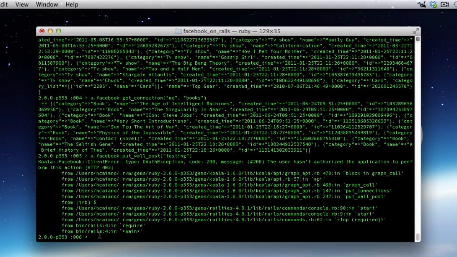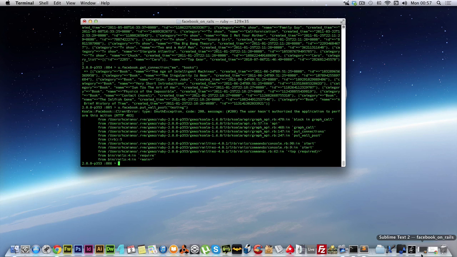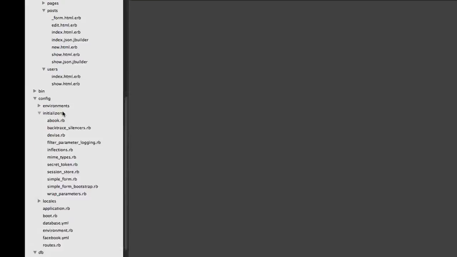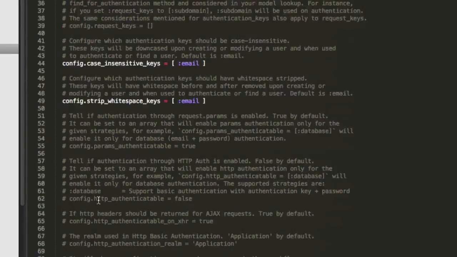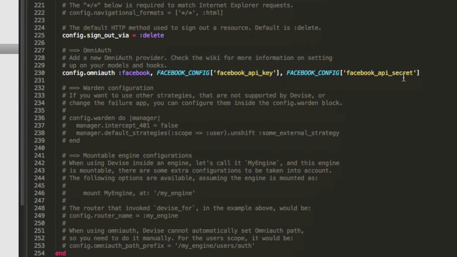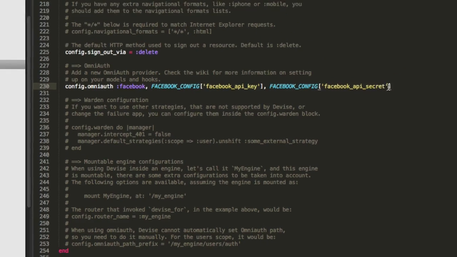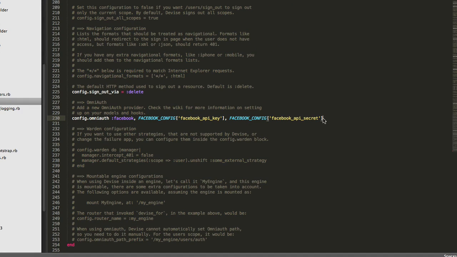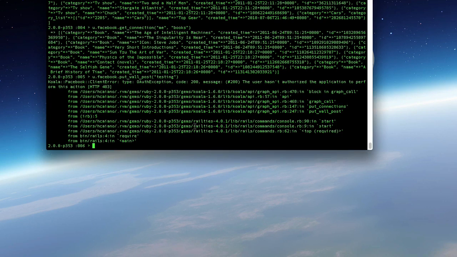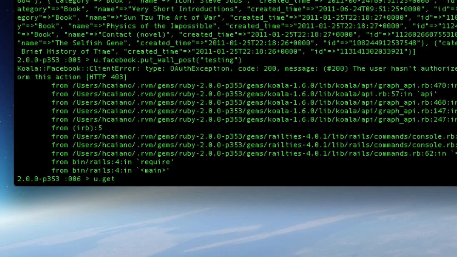What this means is, going back to our text editor and going to our Devise initializer in our config directory, if we go to our OmniAuth configuration code, we can see we had a scope line. Basically, this tells us what permissions we wanted to ask when a Facebook user signed up. And since we didn't pass any scopes, we didn't ask any special permissions, so we don't have permission to post on my behalf. You can check out which permissions you have by typing